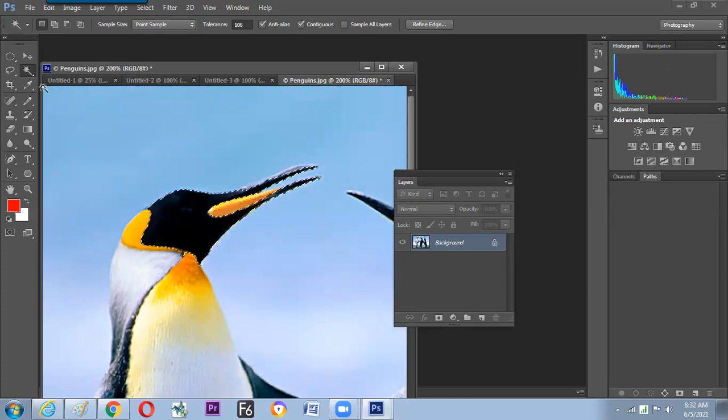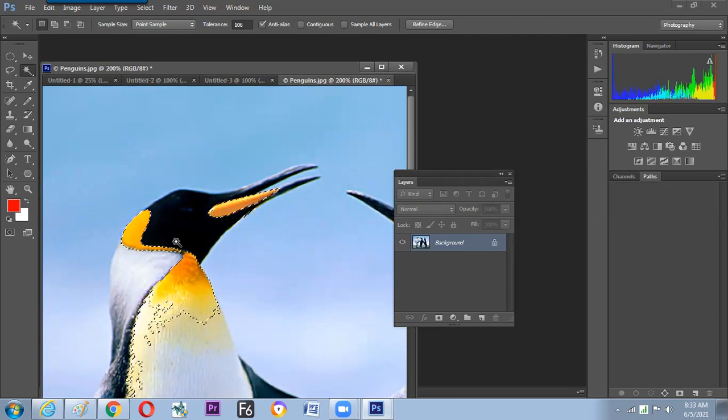Within one click, there is a tool which can help us do the selection, but conditions apply. If the color contrast is there, then this tool works nicely. Color contrast means the surrounding color and the subject color are different. Now, wherever this color is on your screen, if you want everything selected, there is a small button on the option bar called contiguous. That means if continuity is there, you select. If no contiguous, then anywhere this particular color is there, everywhere it gets selected.